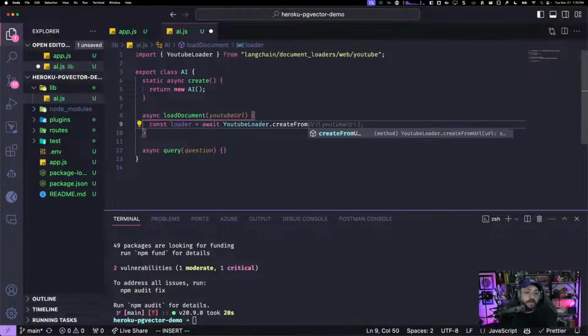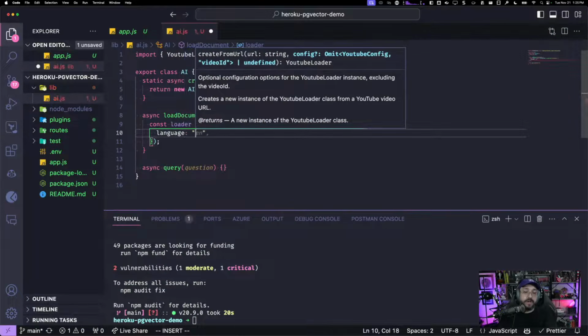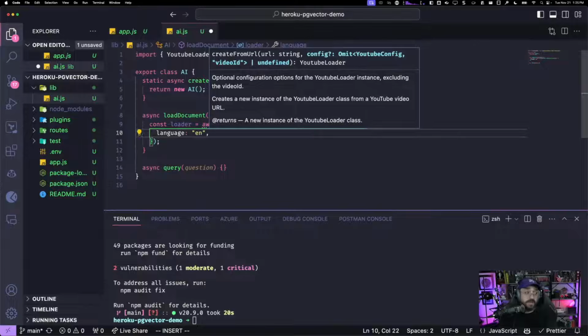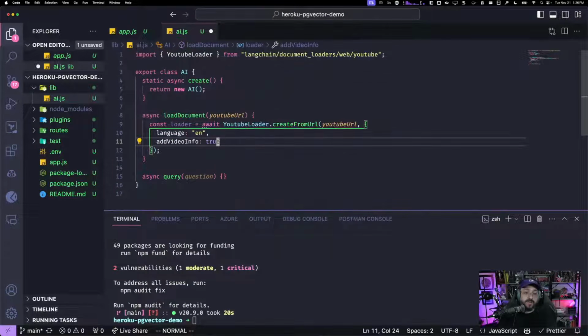Create from URL, the YouTube URL, and the language. The videos are going to be in English. And I want to get the video information. So this is going to fetch the video metadata, like the title, the description, some other information that is stored